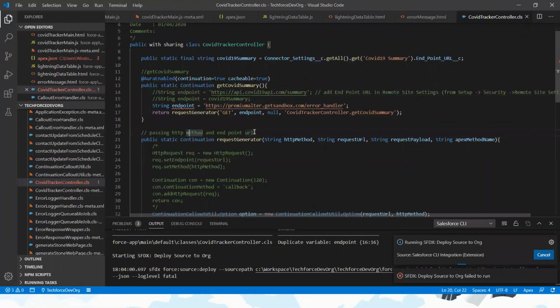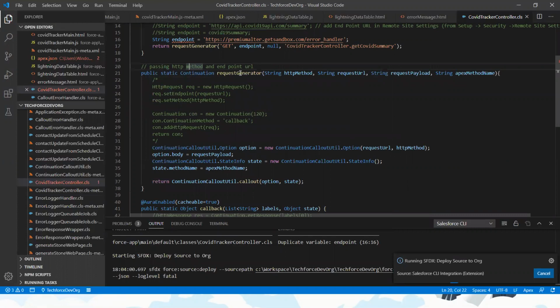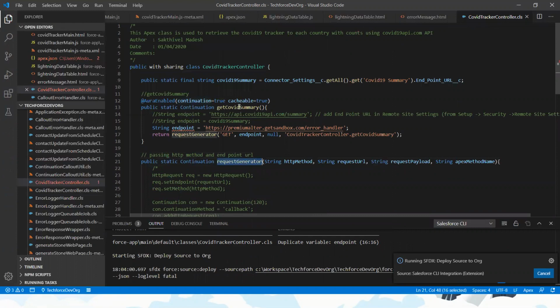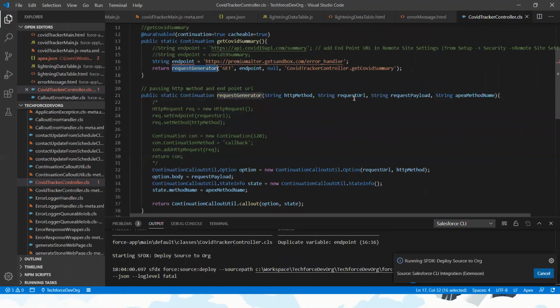While saving, I will quickly walk through the code. While loading from the JavaScript controller, we call this Apex class controller, and again here we are passing the method, request URL, payload, and Apex method name.